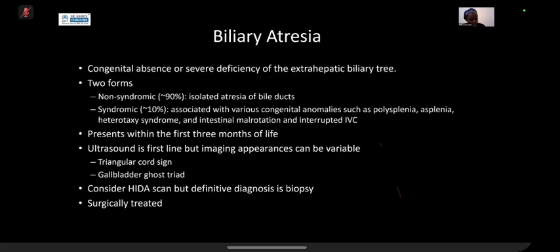So biliary atresia is a congenital absence or severe deficiency of the extrahepatic biliary duct. So often it's non-syndromic, so it's just an isolated atresia of the bile ducts, not related to any other conditions, but it can be syndromic, causing lots of congenital anomalies such as polysplenia or asplenia. They can get heterotaxy, which feeds into the polysplenia, and then they can get intestinal malrotation and interrupted IVCs and things like that. And the most common presentation is a conjugated hyperbilirubinemia. So I always struggle to pronounce that word. So they get conjugated raised bilirubin rather than unconjugated, and